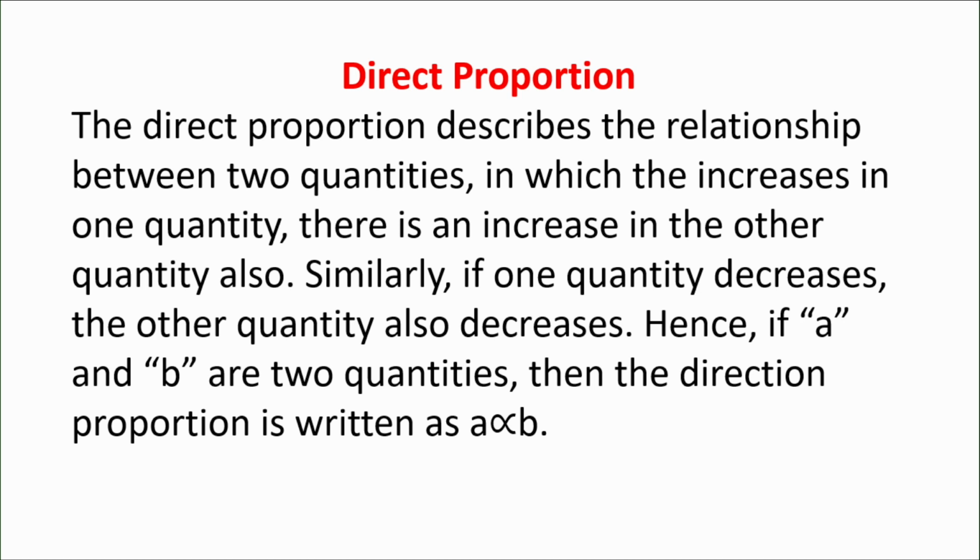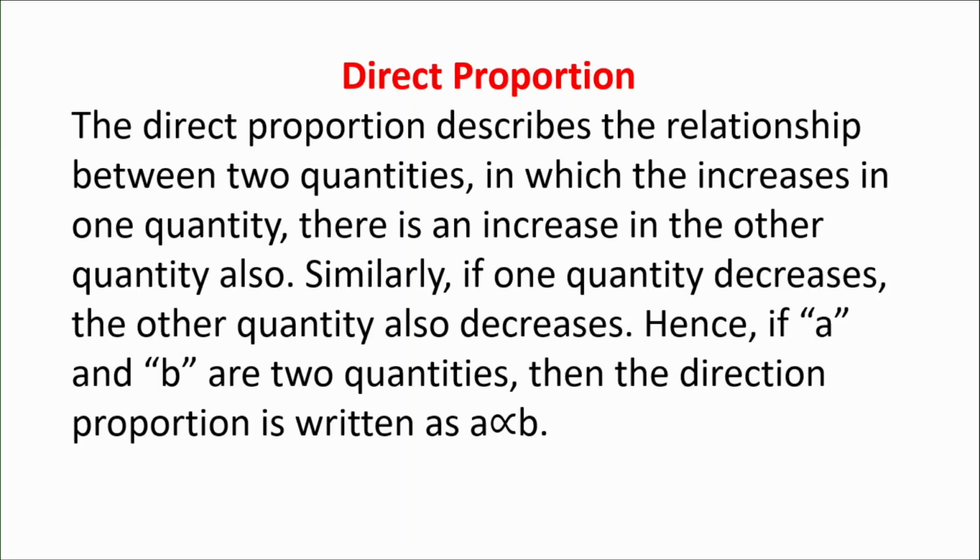Direct proportion describes the relationship between two quantities in which an increase in one quantity causes an increase in the other quantity also. Similarly, if one quantity decreases, the other quantity also decreases, and we say A is proportional to B. This is A is proportional to B, or you can say A equals KB, or